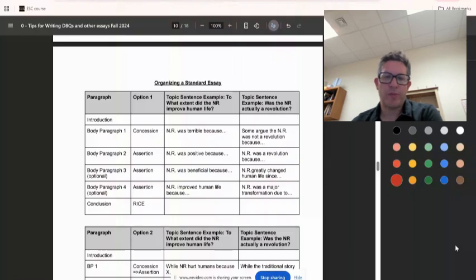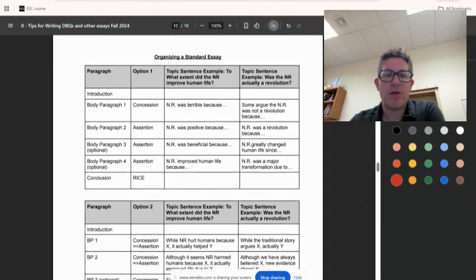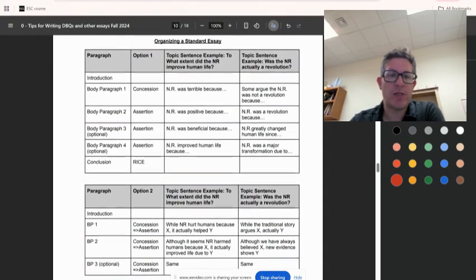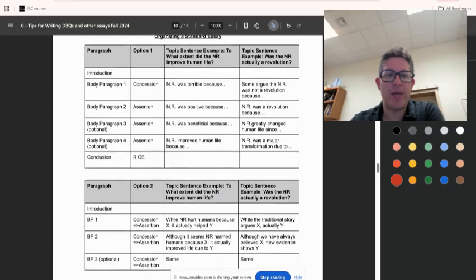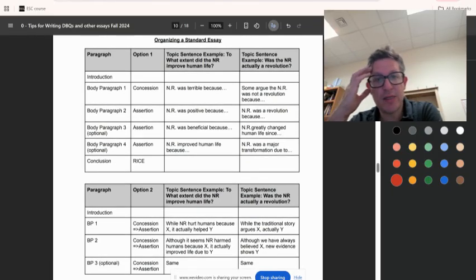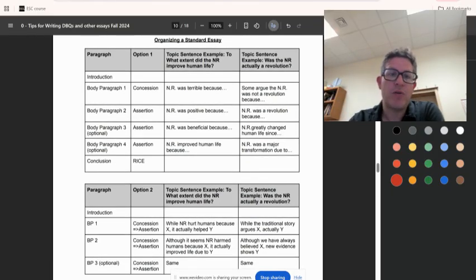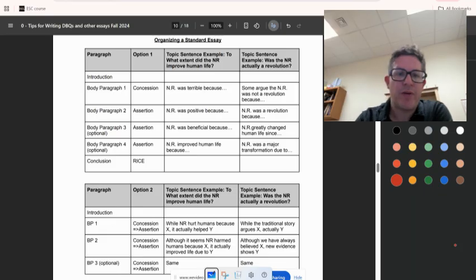Okay, I want to go over some tips for body paragraphs. First of all, in terms of organization, I'd like to provide this worksheet for students, which just demonstrates that there are lots of different ways that we can organize our essays. If we do a concession assertion thesis, then you could think about this top format that I'm doing, having a